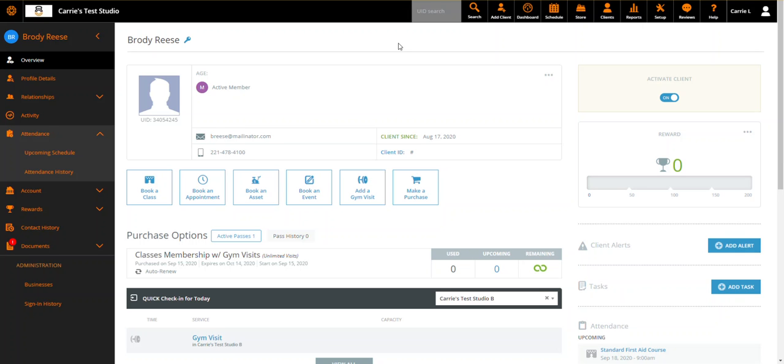To generate a client ID for any clients in the system, the staff member must go into the client profile. So again, we can use the search function to locate the client that we want. In this case, we're going to use Brody again as an example. Under the Overview tab, which is the default tab that we first land on when we come into the client